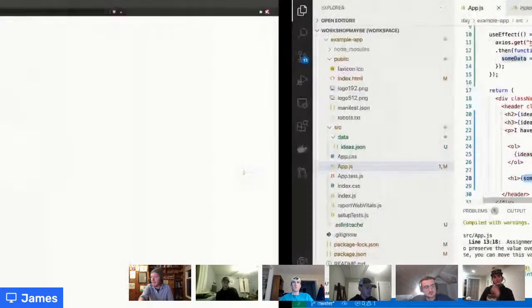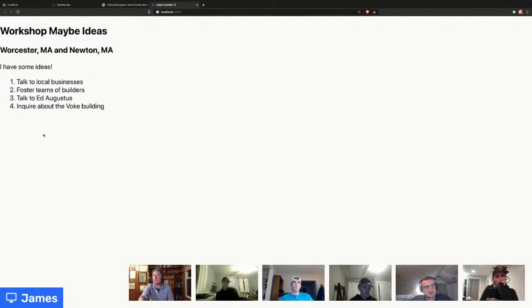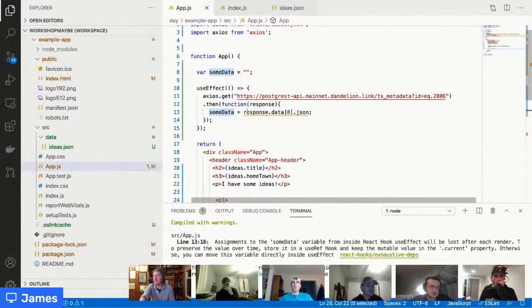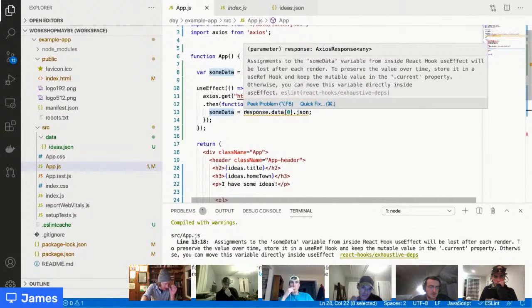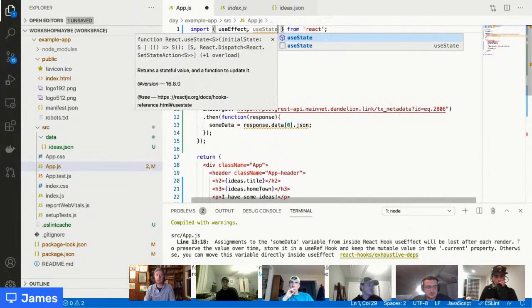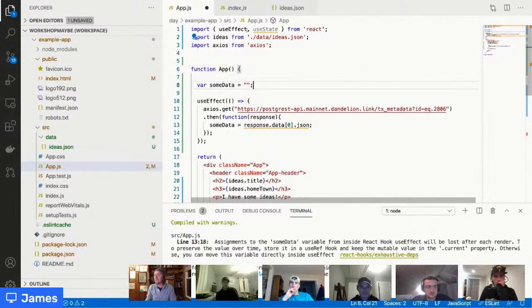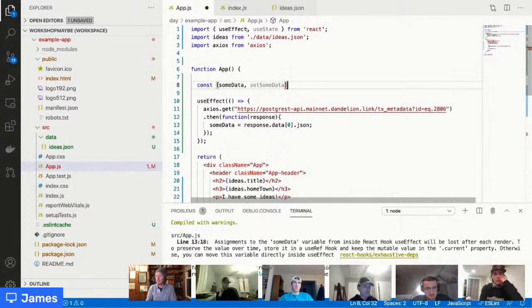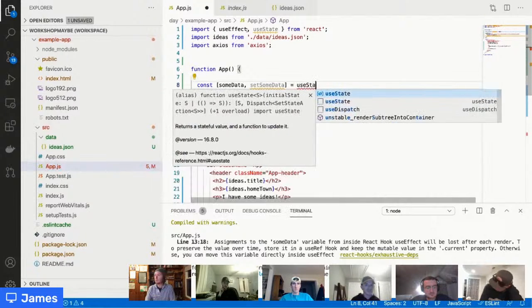Now, if I save that, it's not working. And this is another one of those worst kind of errors where I can't tell why it's not working. All I can see is that it's not working, right? So again, I'm going to skip over some things here, but basically what we need to do is grab another React hook called useState. And instead of just setting it as a variable, I promise this is something that we're going to do again soon. But let me just make a variable called some data and set some data. This is a use state